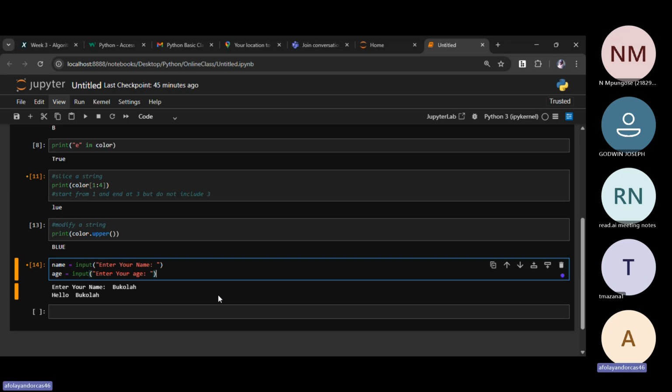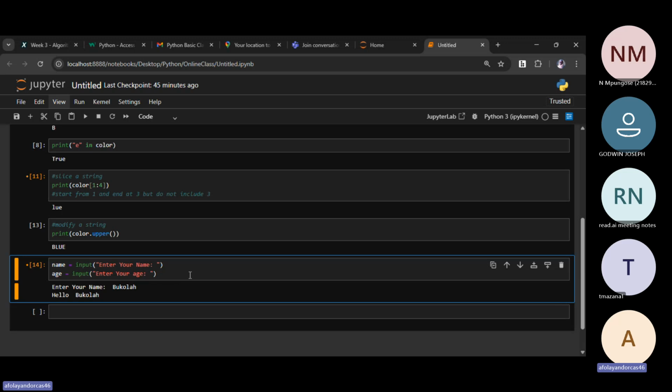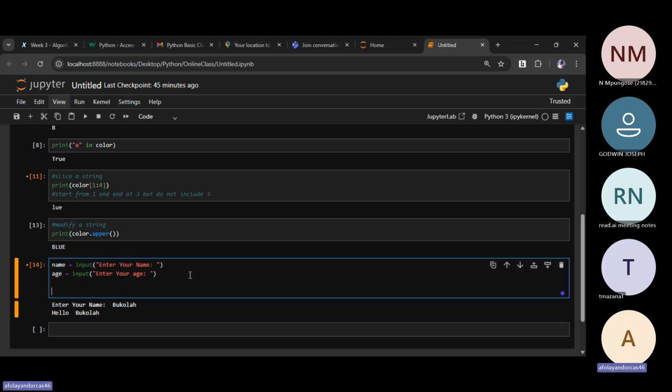Enter your age. So in this case, we want to print both the name and the age together. So let's say print. We're still going to use the print keyword, and I'm going to say hello.